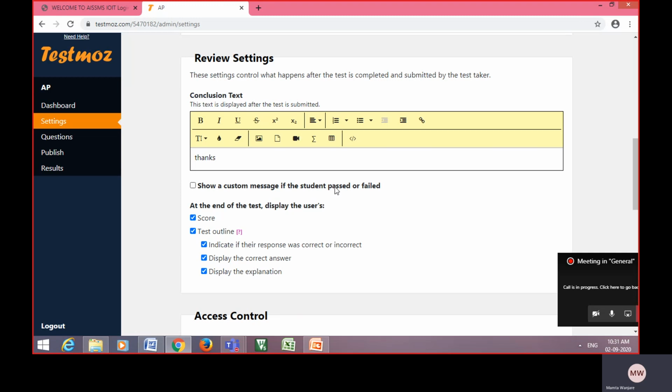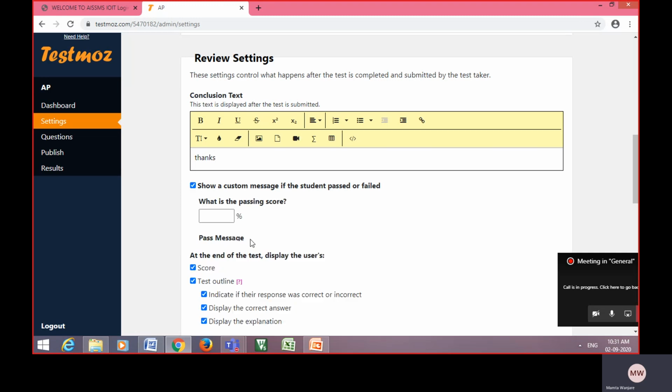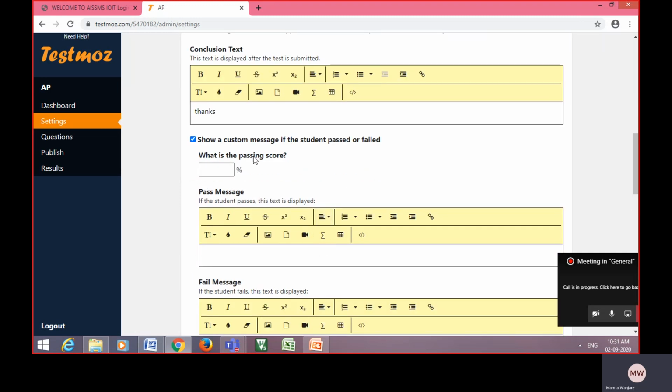Show a custom message if the student passes or fails. I already explained that. If you want to, send different messages for pass students and a separate message for fail students also.